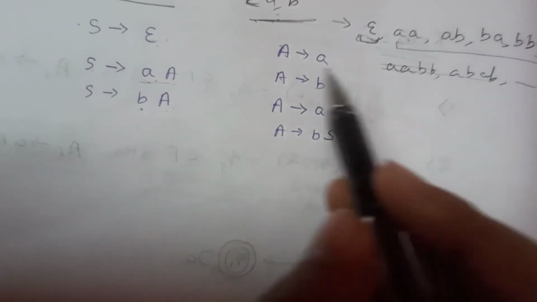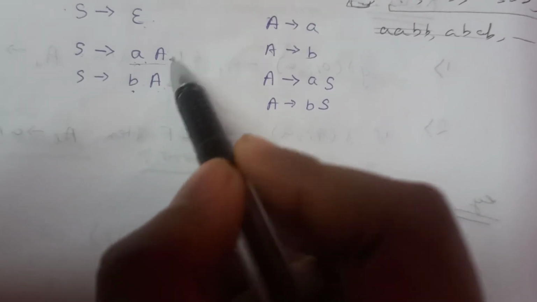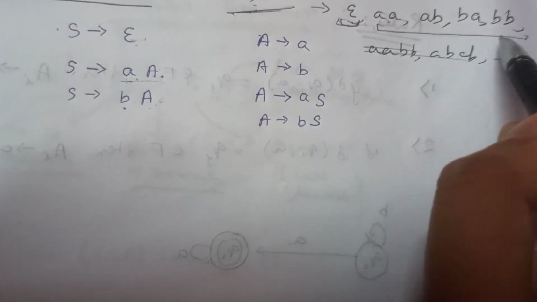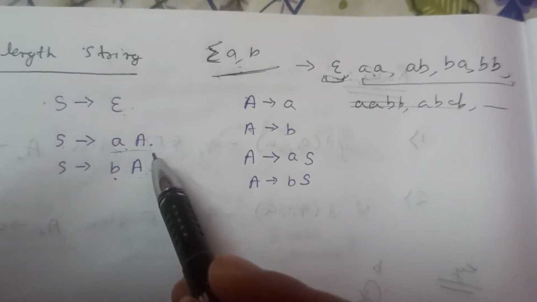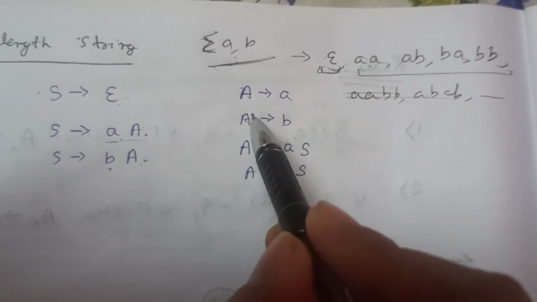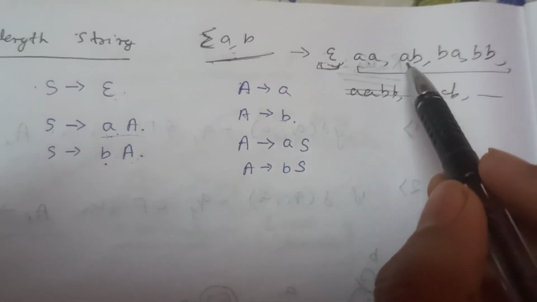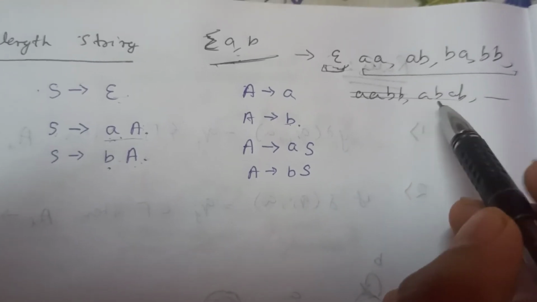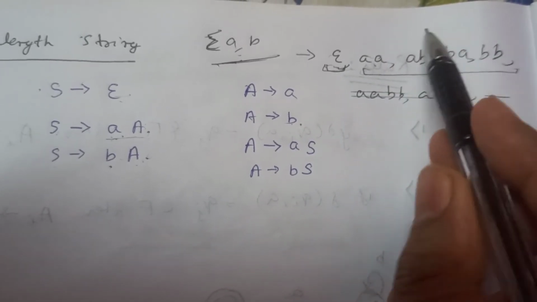Okay, and what can the value of this A be? So the value of this A can be anything. So we will write the value of this A from these 4 production rules. Okay, so it can either be A or it can either be B if the length is 2. Or if the length we want to make is more than 2, it can again be any combination of these things. So it can be of length 4, 6, anything.